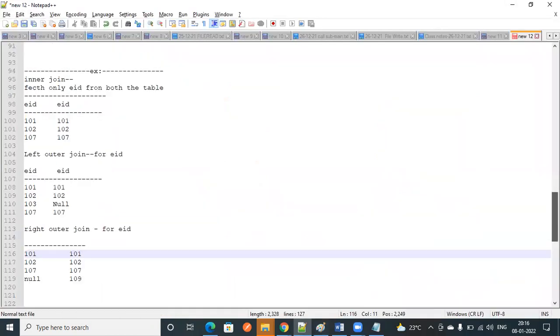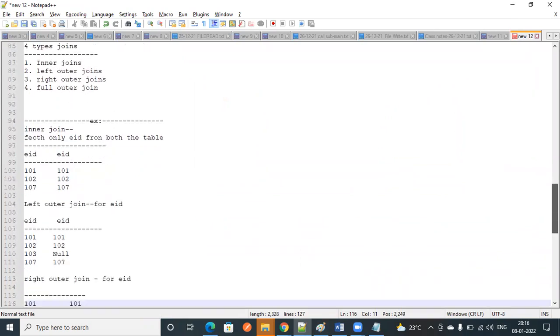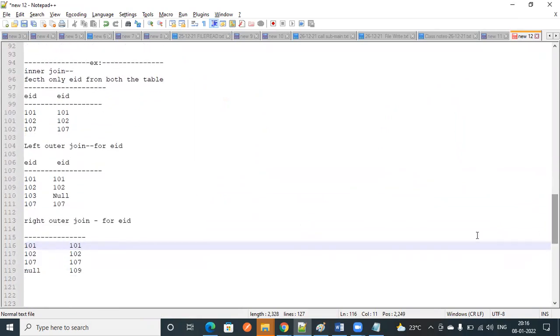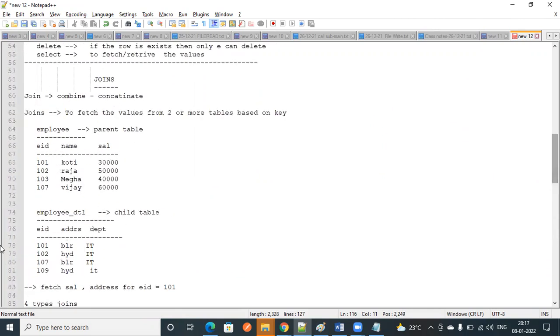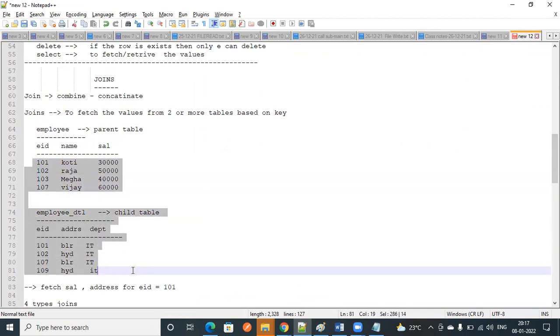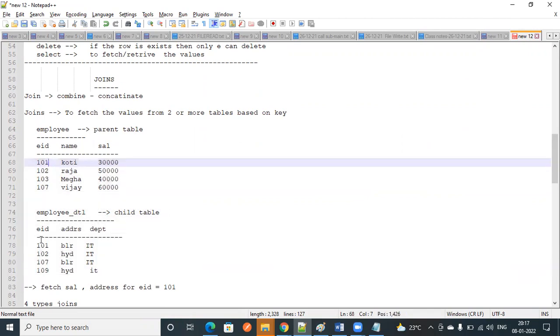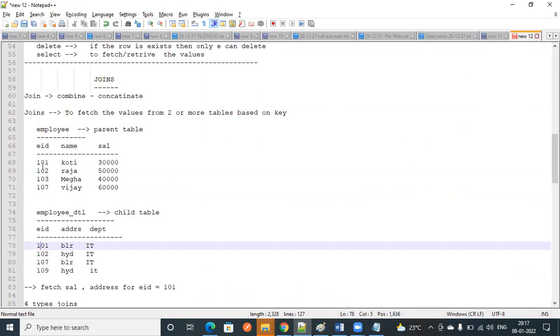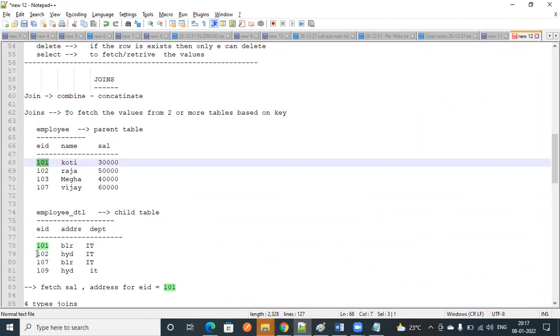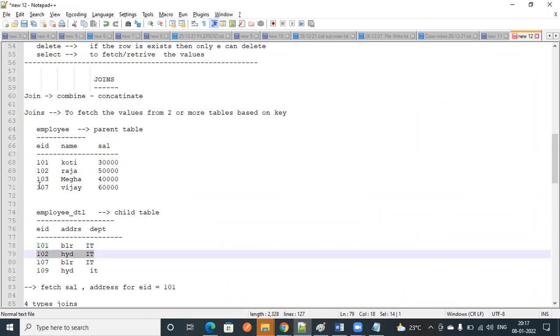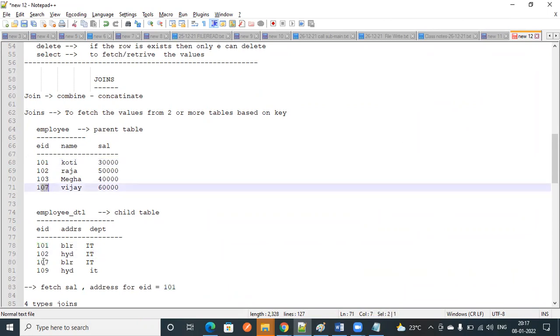I am going to tell you one more time. If it is an inner join, it will take the values that match in both the tables. Suppose 101 is there, here also there, 102 here also there. 103 is not present in the second table, so it won't be considered. 107 is present in both the tables.